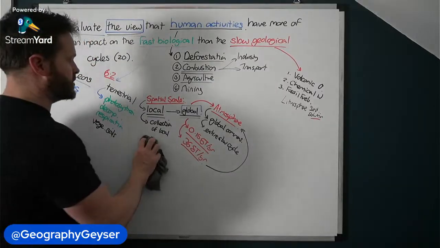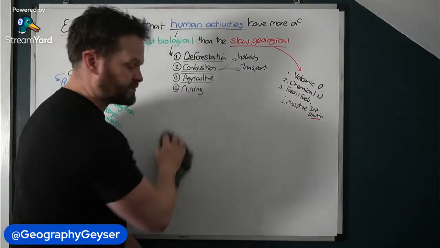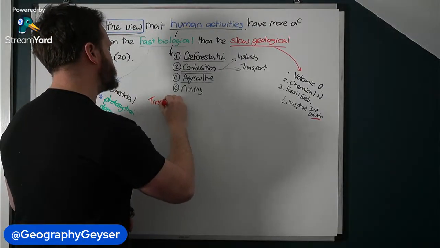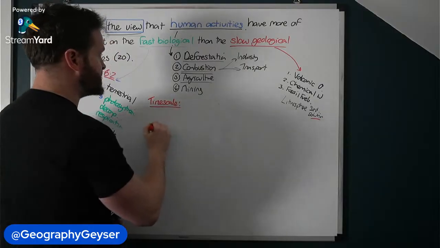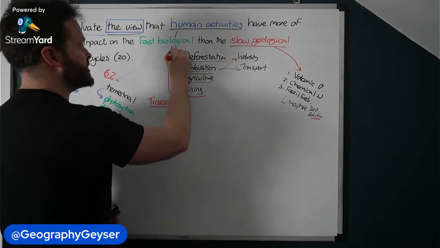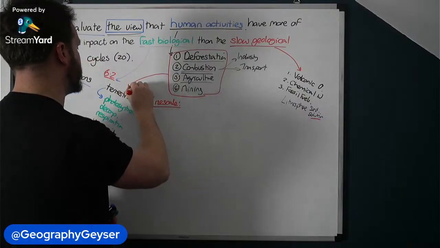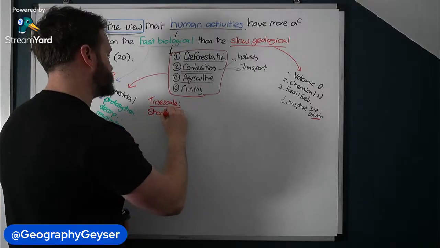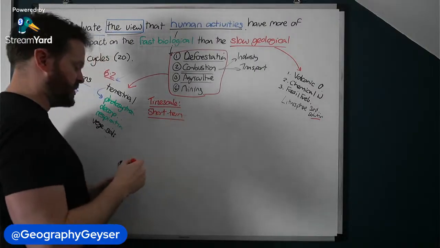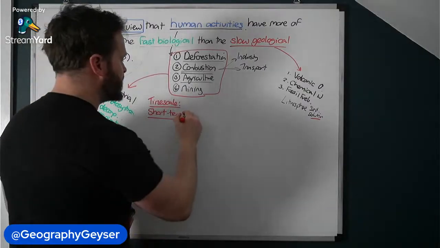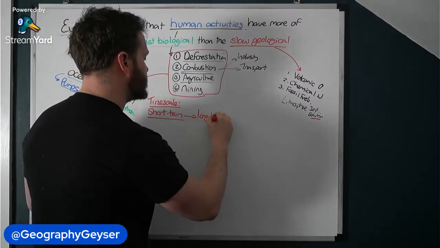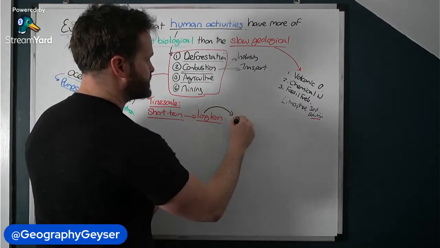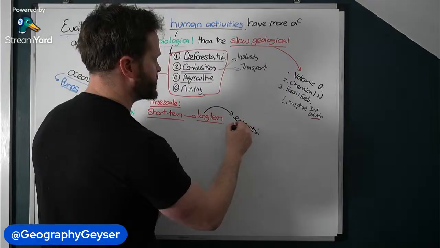So, spatial scale. In addition to this as well, and this is probably one of the easiest ways to argue this viewpoint, we're also considering this based on a timescale thing. Everything that we've considered so far in terms of our impacts on the fast biological cycle, relative to the timescales that we're talking about in terms of that entire cycle, it's all very short-term stuff. What about the long term? Yeah, what about the long term? With the extraction of fossil fuels,